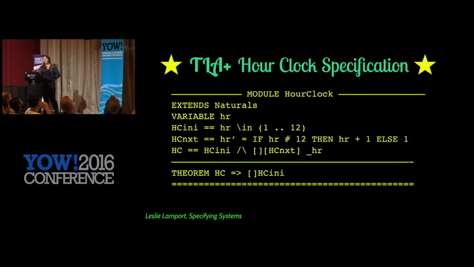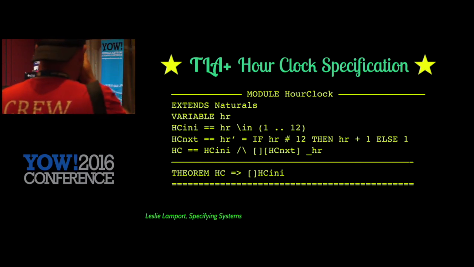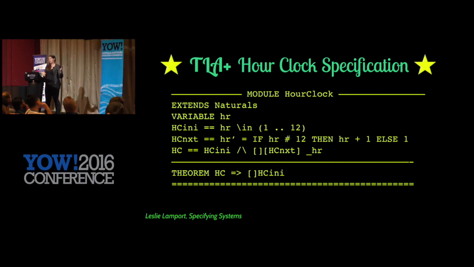You hear a lot of horrible things about formal specifications. This is an example of TLA+. This is an hour clock specification. It's actually from this PDF book that Leslie Lamport wrote that's online for free called Specifying Systems. And what he did is, in propositional logic, he defined an hour clock. So this is just the idea of if you have a clock that just tells you what hour it is, and it only goes from 1 to 12 and then back again, because it's not a 24-hour clock.